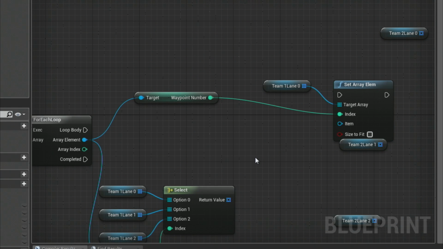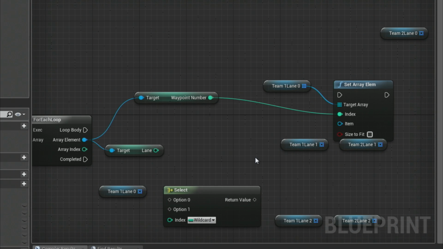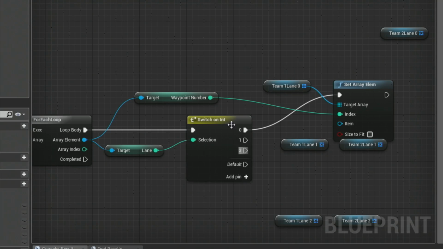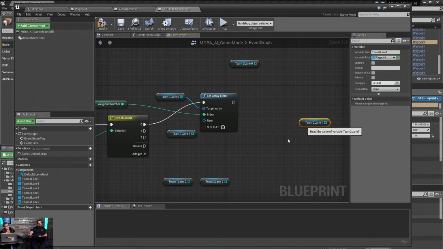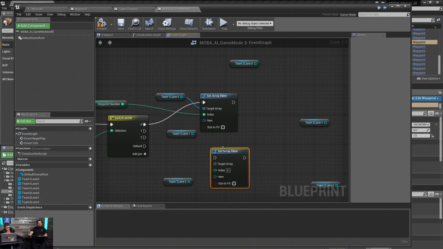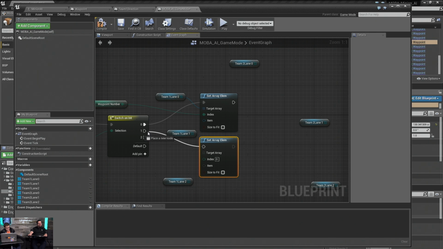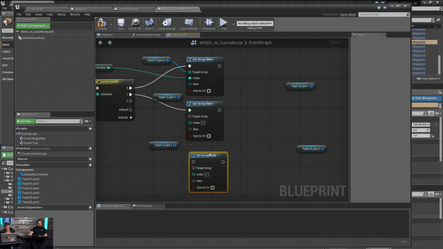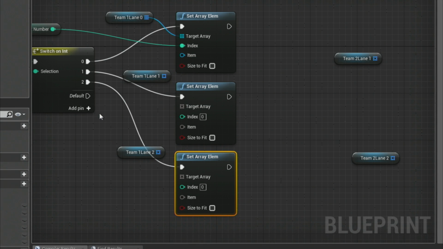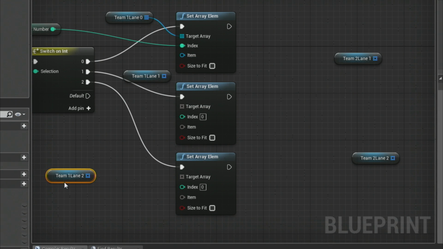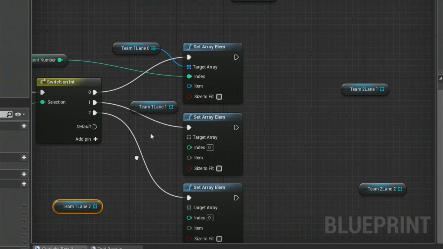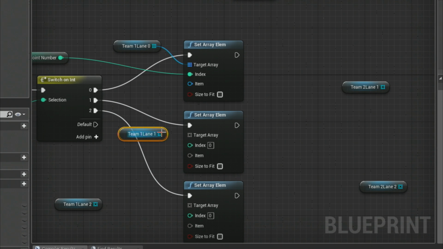It's a neat idea. I was just thinking about that. Sorry, guys. It seemed like it was going to be a really good idea, but it wasn't meant to be. If it was passed by reference, maybe that could be something we look into as a C++ fix down the line, because that would be awesome, being able to select the array. I mean, if we did this as a struct of an array of a struct that contained the array of the lanes, then yeah, we could totally do something like that. It works out to be a little bit different, but it would still be functional.